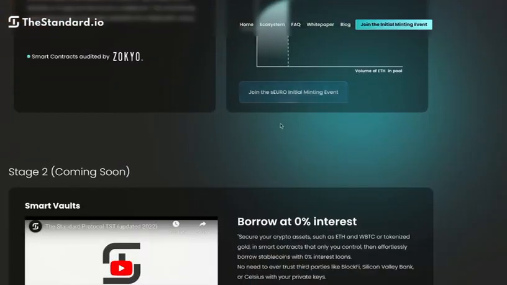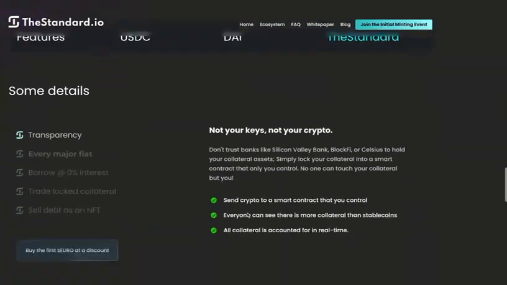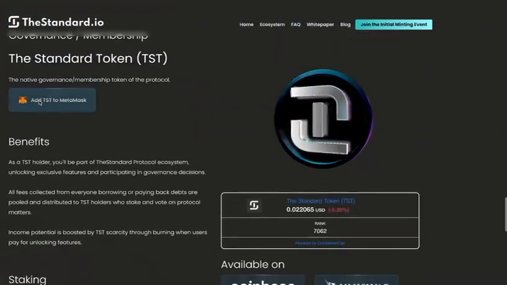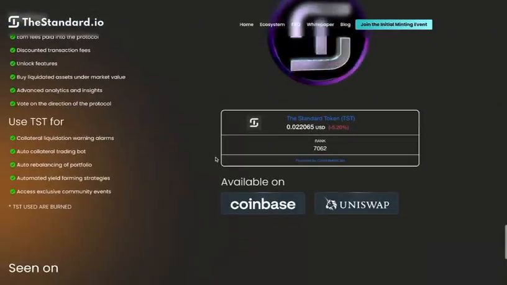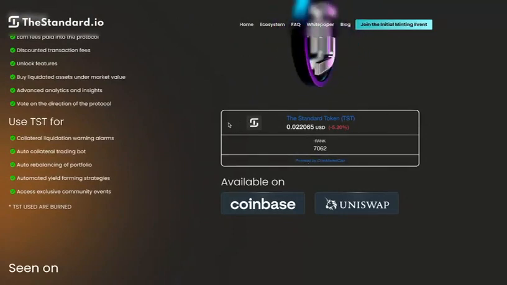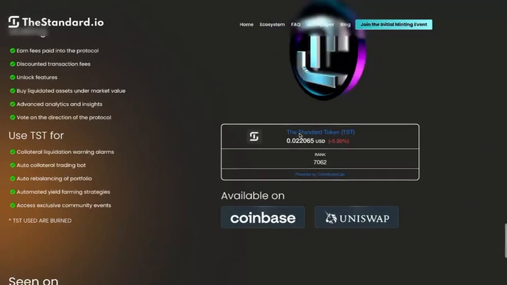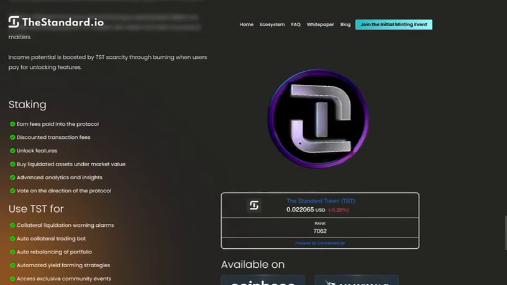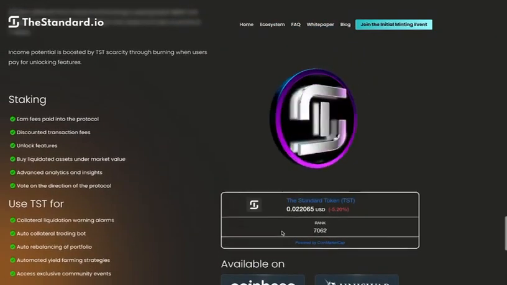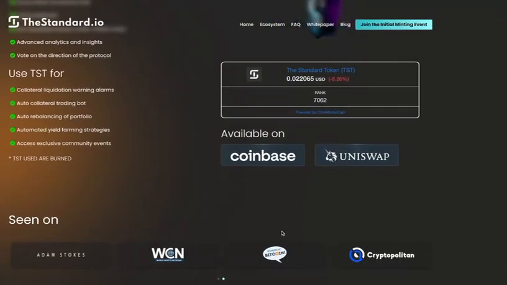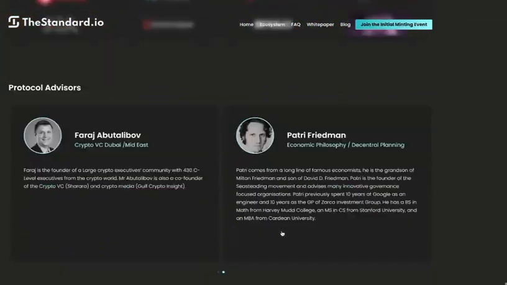This takes them to the IBCO. And then you can add TST as well, and see what TST is doing. I haven't got S-Euro up here. Maybe I should get the CoinMarketCap. The thing is, the CoinMarketCap for S-Euro, because it hasn't really been trading yet, there's no real stats. So I've got to reach out to them and see what's going on. But anyway, it is what it is.